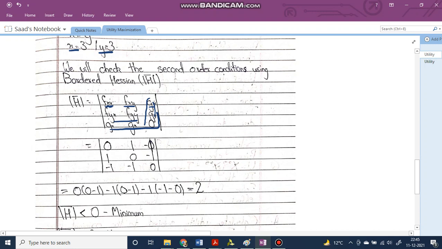Similarly, in the next column we will use fyx, which is the variable of x in the equation which we get by partially differentiating with respect to y. Then fyy, which is the value of the variable of y in the equation which we got by partially differentiating with respect to y. Then gy is the value of the variable of y in the equation which we got after partially differentiating with respect to lambda. And in the third column we will use gx, gy